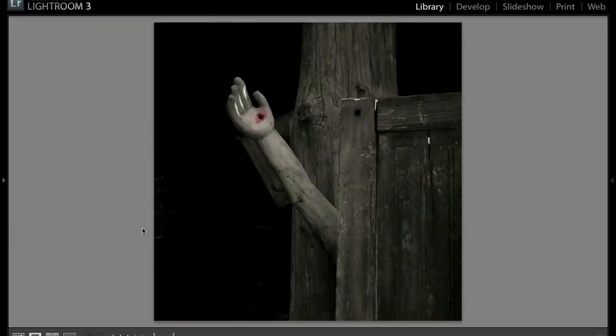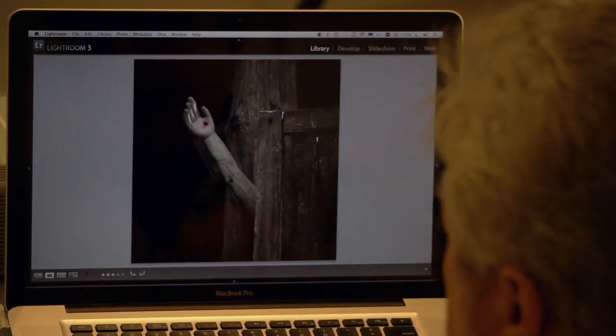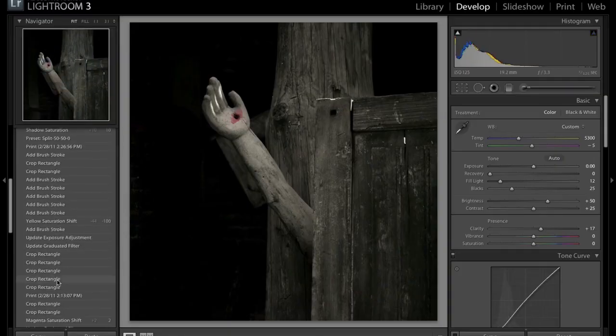Yeah. So now here is what I ended up with. Again, an interpretation. What I wanted to do was accentuate the fact that it had that little bit of red paint on there to simulate the blood. But I wanted to remove everything else. And again, this is part of the process of interpreting. The distillation process. Exactly. So I'm not going to go through the whole thing, but what I'd like to illustrate,